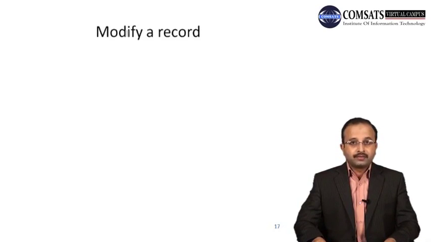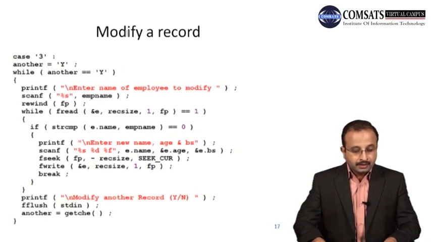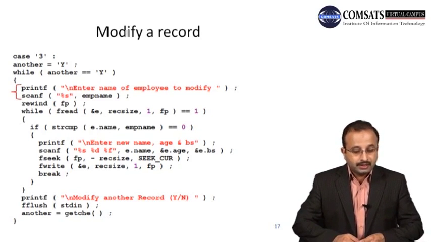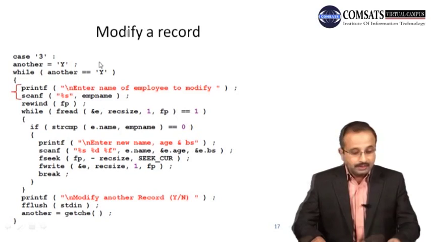Now modifying a record, modification of record. So this is the code for the modification. We will go through the code step by step. So we have a while loop, the same as we have in the adding of a record. Then we have a printf and scanf, that is, enter the name of the employee to modify. Input the name of the employee whose record you want to modify. You input that name in a string emp name. Then the next statement is the